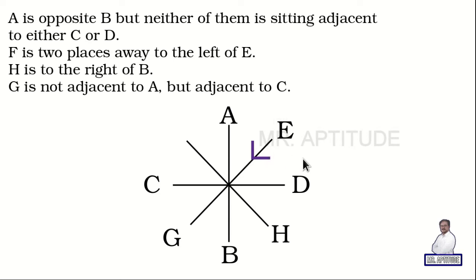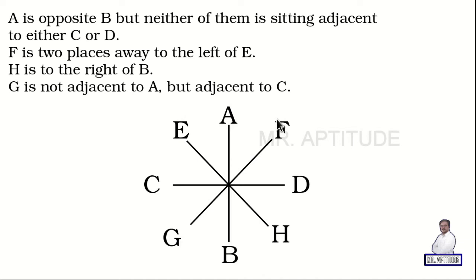So let us assume that it's E. And we know that E is facing towards the center of the table. When E is facing towards the center of the table, what will be the left of E? This is the direction. As F is 2 places away to the left of E, there should be exactly one person sitting between E and F. So we have to place F here. But as this is H, can we place F here again? No, which itself says that my assumption went wrong. Now I can definitely say that it's not E, so this person should be E now. So when it's E, it's F.